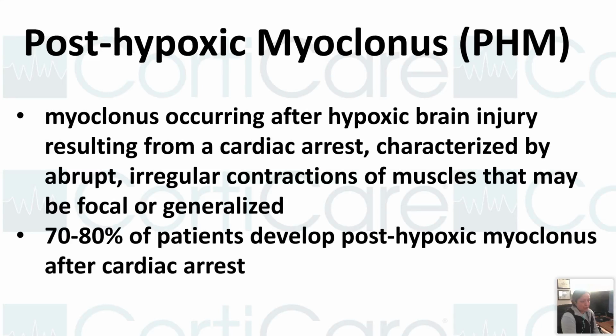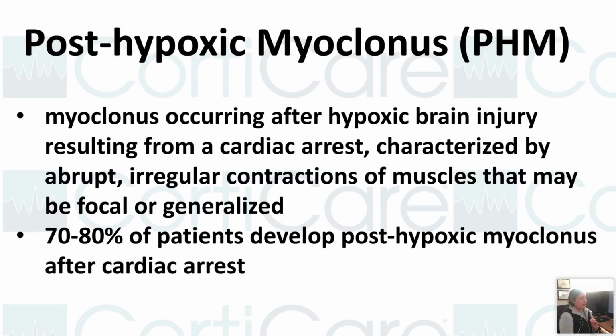Okay, now we switch gear to the main topic, the myoclonus, post-hypoxic myoclonus. Due to cardiac arrest, the brain gets less blood flow, less oxygen. So we have hypoxia, we have anoxia. It's basically the neurons do get injured. There may be necrosis of the neurons. The whole neuronal structure changes. The chemistry of the neurons change. And that leads to some hyperactivity and some hypoactivity of the brain cells.